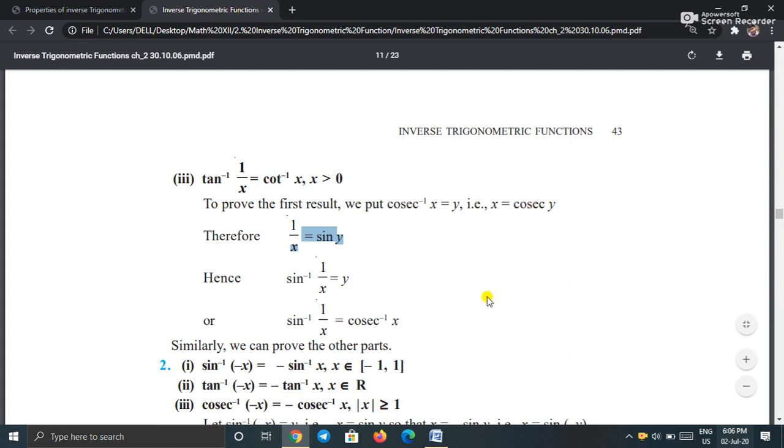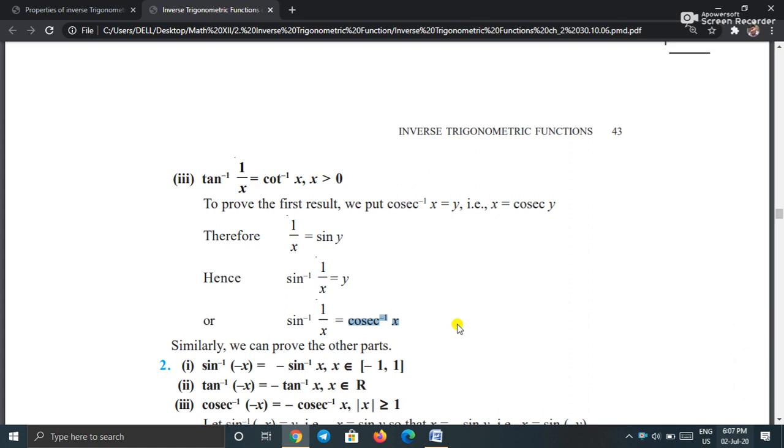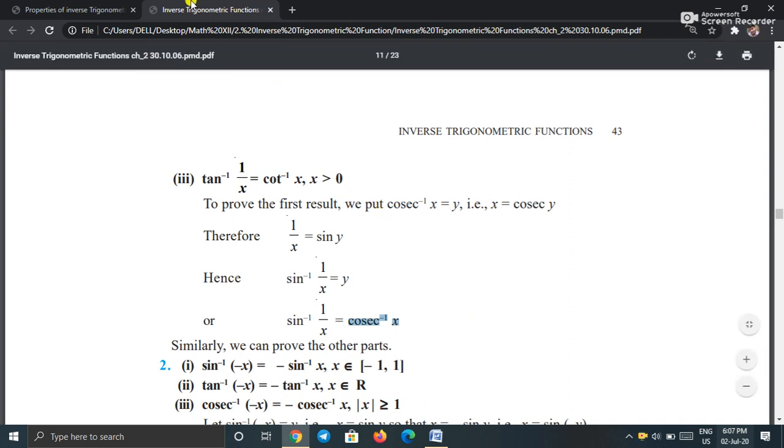Means the value of y is cosec inverse x. So the value of y is cosec inverse x and the value of y is sin inverse 1 upon x. Means sin inverse 1 upon x and cosec inverse x both are the values of y, so they must be equal, right? One more time, see,